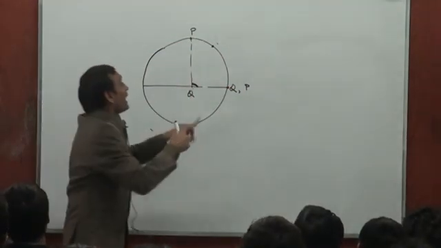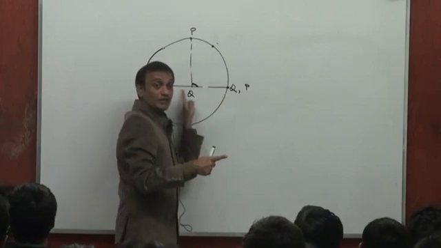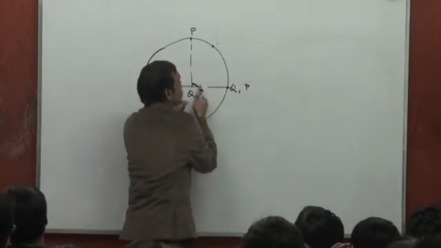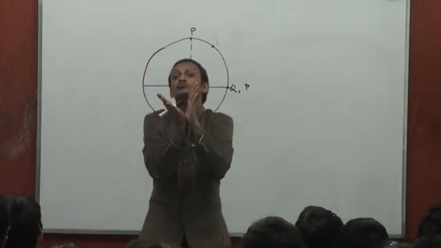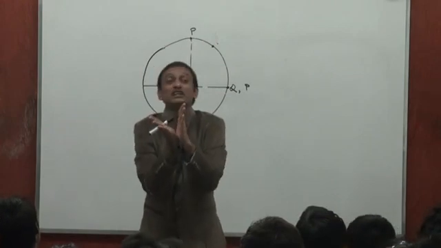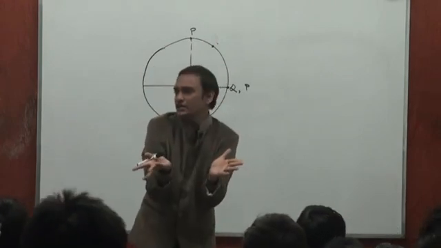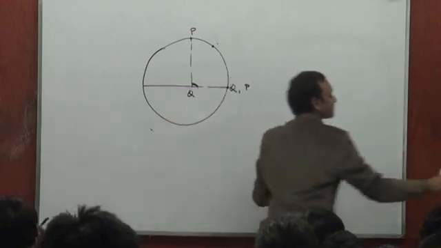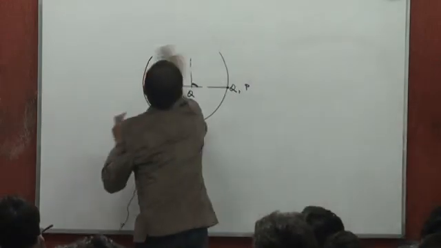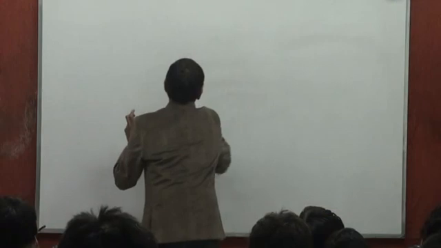So for every length that Q describes on this diameter, you can associate an angle theta that P describes at the center. Yes or no? Right? That is to say,